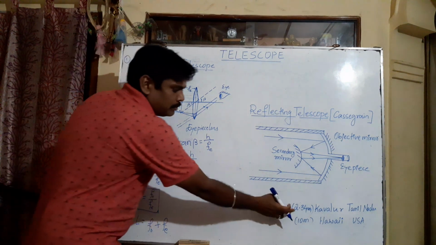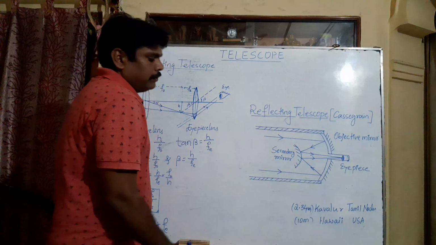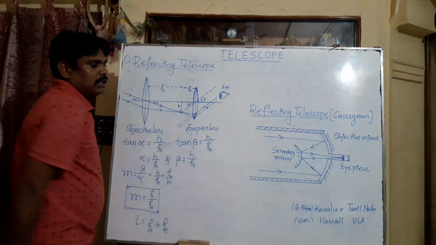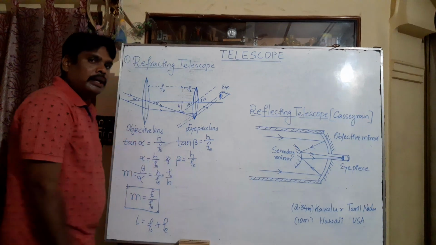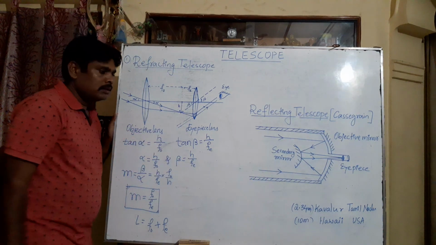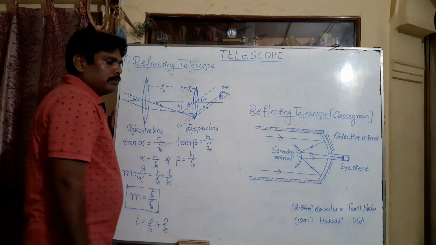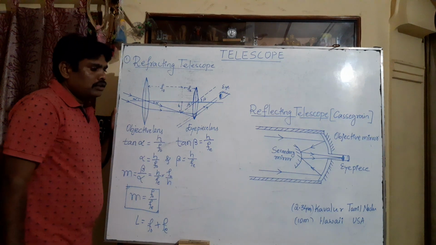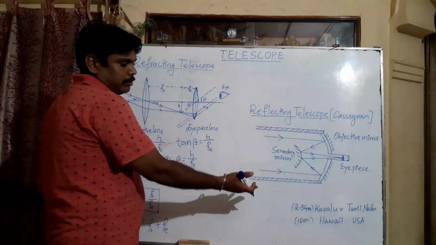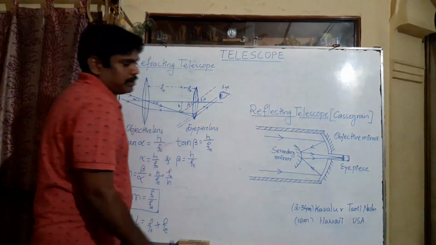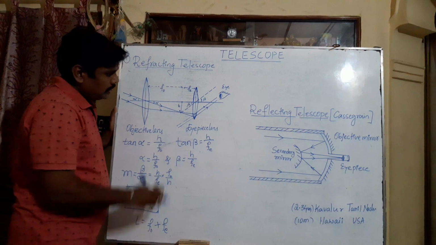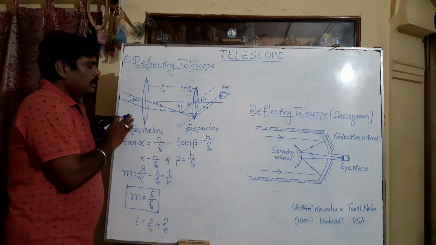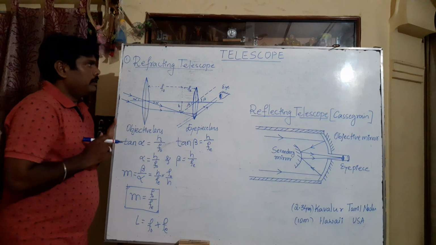If I want to make it this large, 2.34 meters, that is the biggest telescope in India, present in Tamil Nadu. It is used by astronomers of the Indian Institute of Astrophysics, Bangalore. You know that in Bangalore there is an institute, and the astronomers there use the telescope present in Tamil Nadu. That is one of the limitations of this refracting telescope.